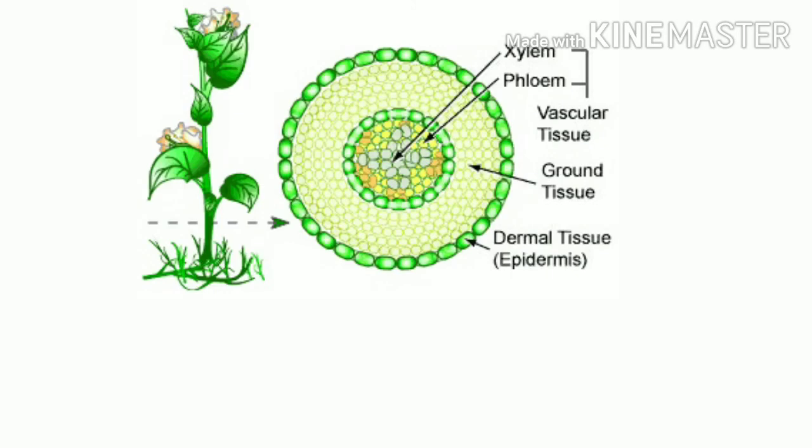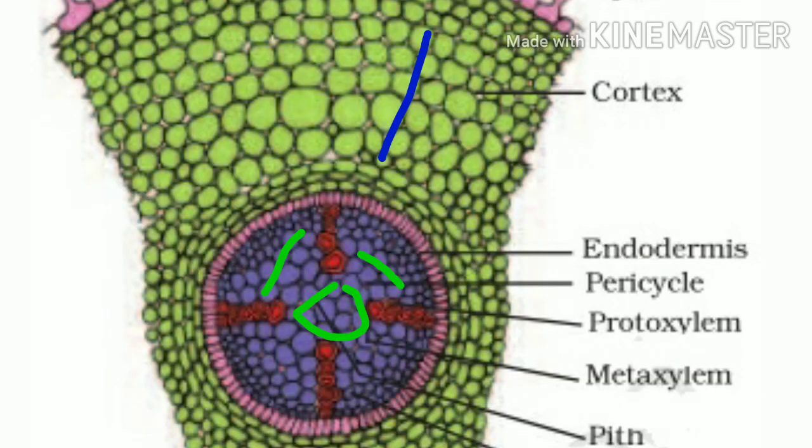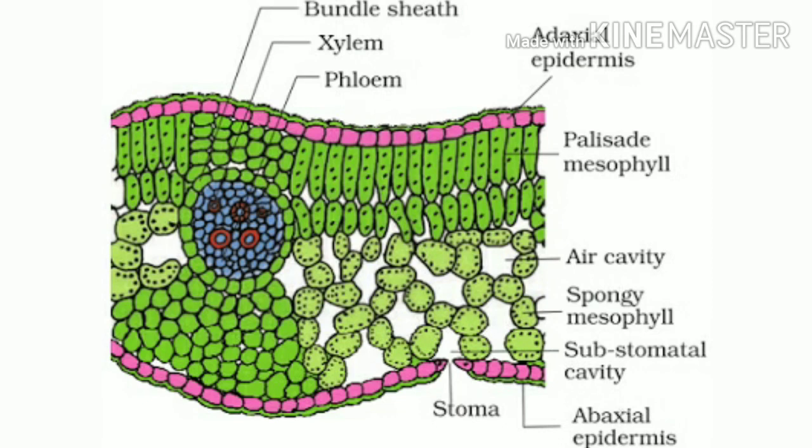All tissues except epidermis and vascular bundles constitute the ground tissue. It can have various types of cells made up of parenchyma, collenchyma or sclerenchyma. The parenchymatous cells usually form the cortex, pericycle, pith and medullary rays in case of primary stem and roots. In leaves, the ground tissue consists of thin-walled chloroplast-containing cells and is called mesophyll cells.